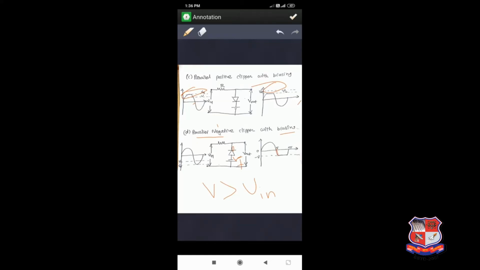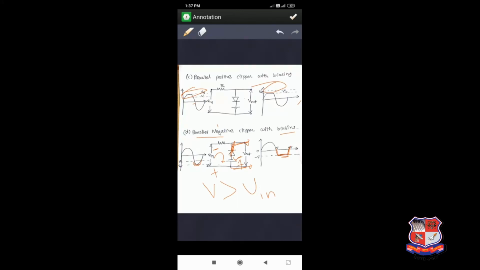Now the input voltage is increased and is greater than the battery voltage. Then this terminal is minus and this terminal is plus, minus connected to minus. At that time the diode is in forward bias, so current flows through it. This is a short circuit, so the output voltage is equal to the battery voltage. Now again the input voltage is decreased and again we get output equal to the input voltage.